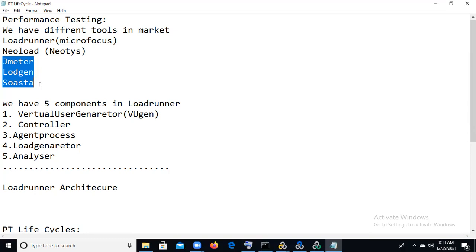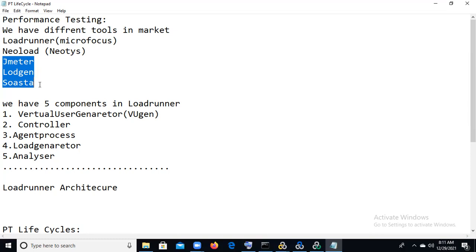What is the Virtual User Generator? We can record the script and generate the script statements. In VuGen we record the business flow, and after recording we can do some enhancements.